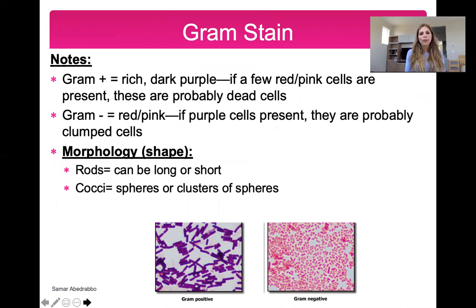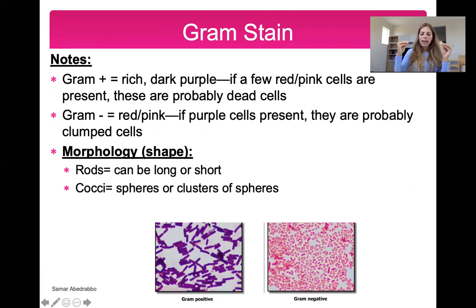But a lot of times when you look at it under the microscope, the cells are pinkish purple, so students are unsure. Gram-positive cells are always very dark purple, a strong purple. Anything that's not a strong purple, you're going to classify as gram-negative. So anything pinkish, reddish is gram-negative. Just know that gram-positive are a very strong purple color, and then anything round is coccus, and then rod is just